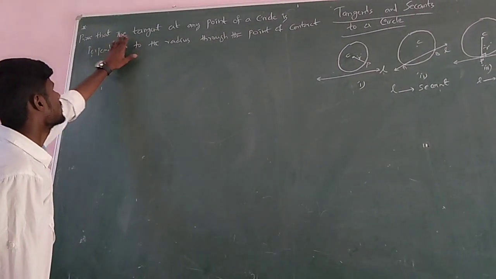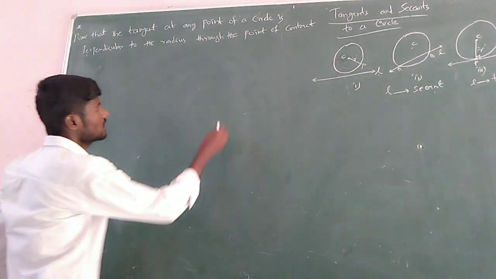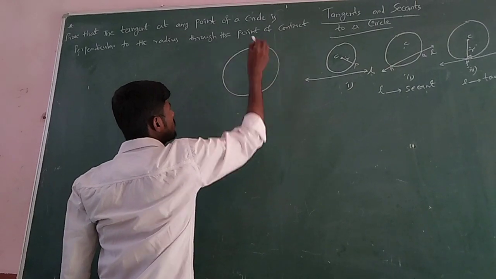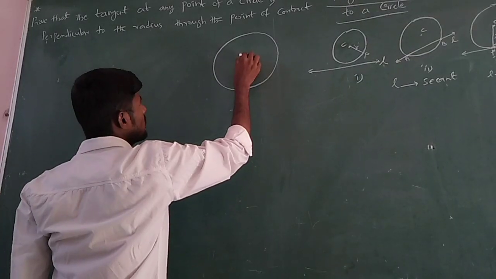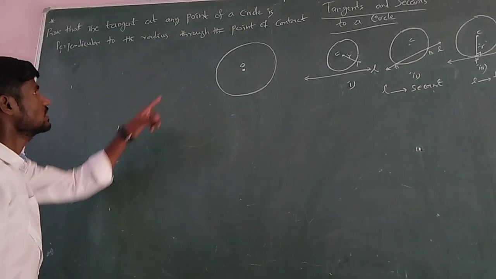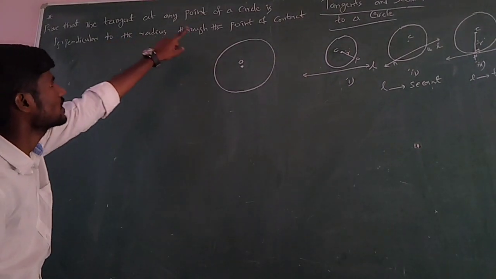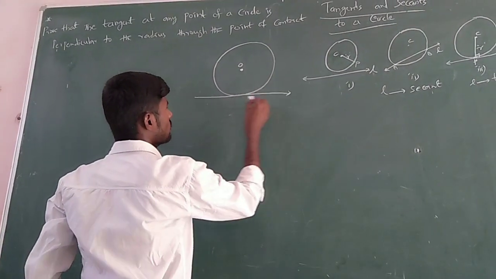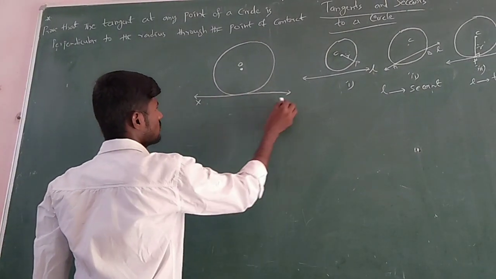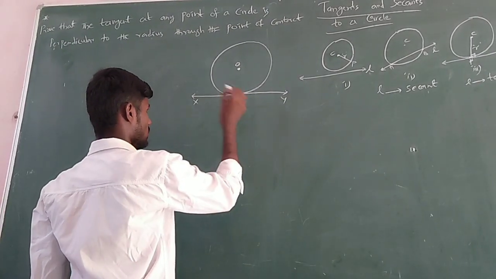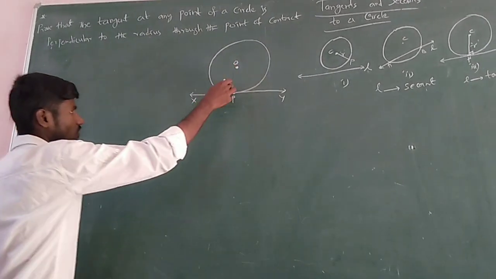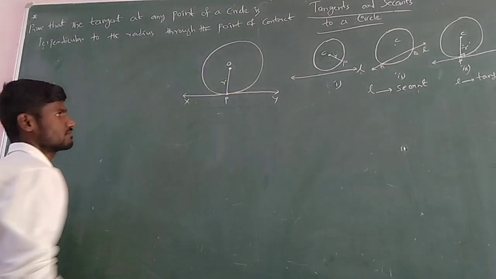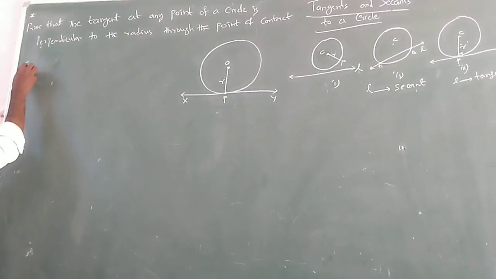First see what it is: the tangent at any point of a circle. Let us consider first of all a circle. So take a circle with center, suppose I am taking the center as O. Now what are they saying? What is given? The tangent at any point of a circle. We have to take a tangent. Let us take a tangent XY. So XY is a tangent. Let us take the point of contact as P. Next, if you observe, what is OP said to be? OP is obviously a radius r. Isn't it? Yes. So let us prove this theorem.